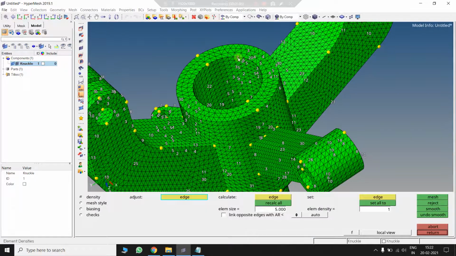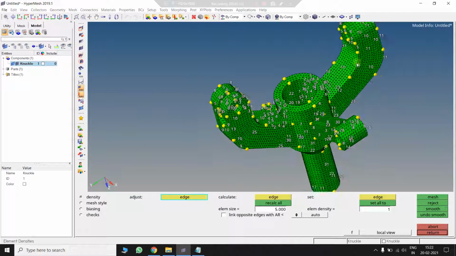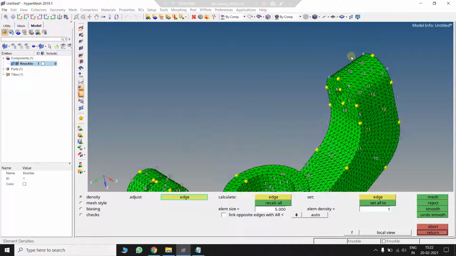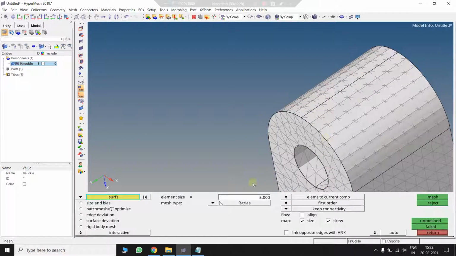Now these numbers show you the density of elements around any geometric feature. So you can of course left click to increase the density, or right click to decrease the density, then press mesh to finalize the mesh and press escape.